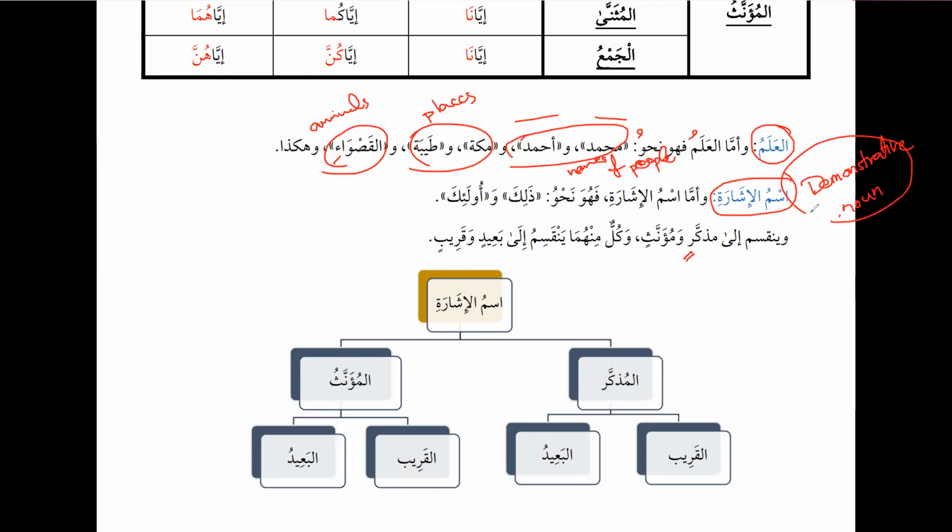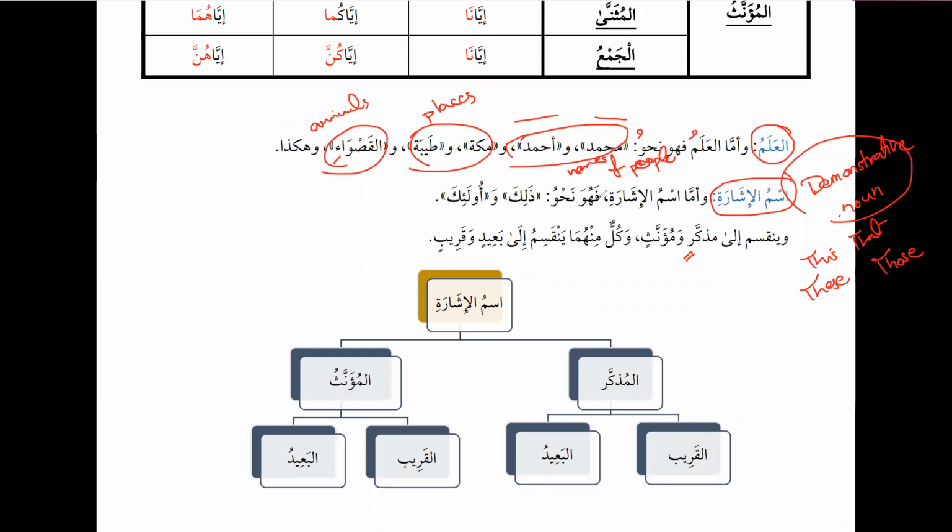Yeah, now. So in English, what do we use for this function? We use words like this and that, and these, and those. See? This and that, these and those. That's the only ones that I can remember now. This and that, and for plurals, these and those. Likewise, in Arabic, we have